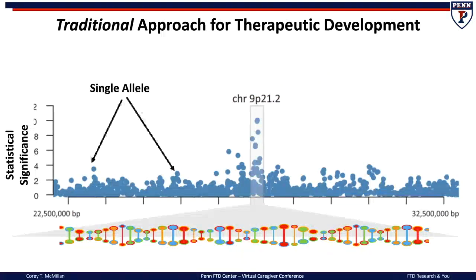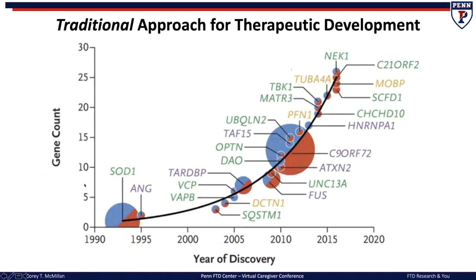We can look at single alleles. So this is a single base pair of DNA. Or we can look at whole genes like C9orf72 that's involved in FTD and ALS. And over the past 2 decades, you can see here that the number of genes that we discover every year is rapidly increasing. This figure now is about 4 years old, but we're now at knowing about 40 genes that